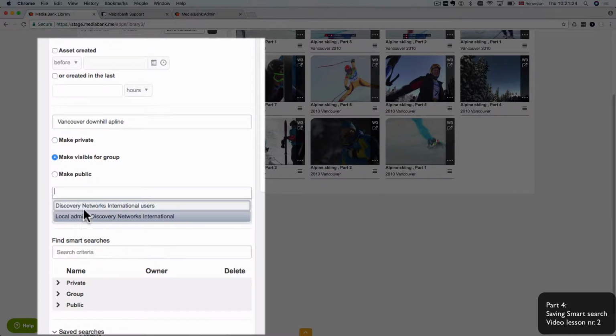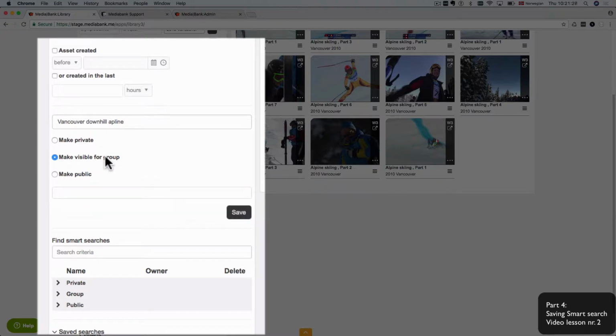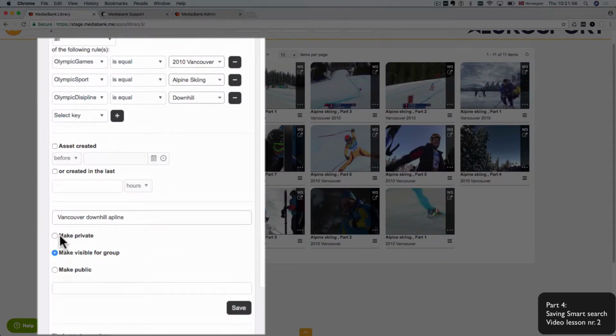So let's say that you're a member of a group that you think this search makes sense to make available for all of them. Or maybe, if you're an administrator and you're setting up starting points for the whole account, you can make it public. Public in this sense is public to the users that have access to these clips in Mediabank, of course, within this company account. So it's by no means public to the public, but it's public to all the. So you can make it private, you can make it public, and then you simply select the group or groups that you want to make the search available for, or you make it public, meaning everyone that can see these